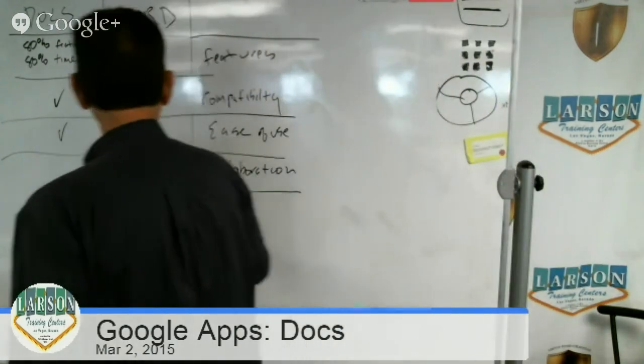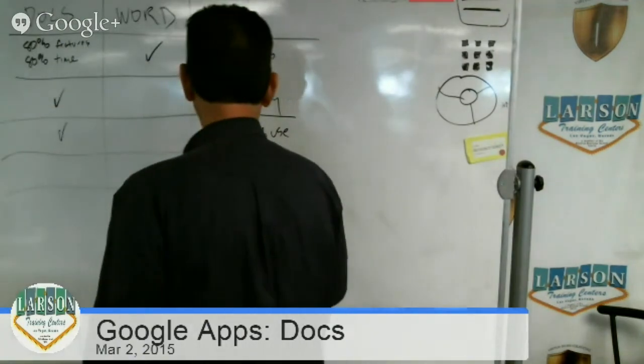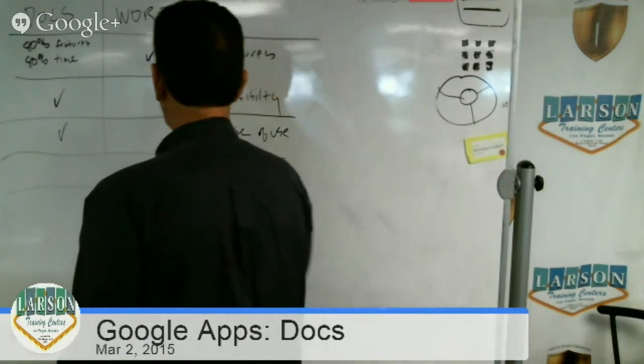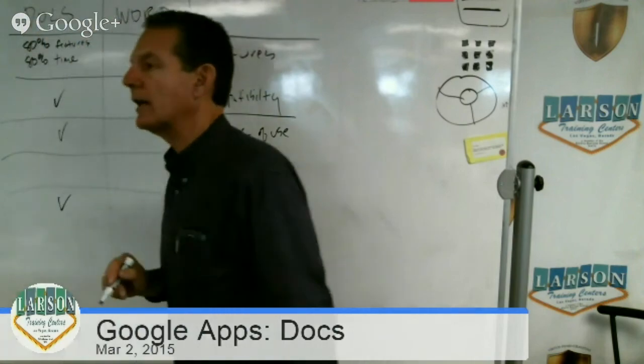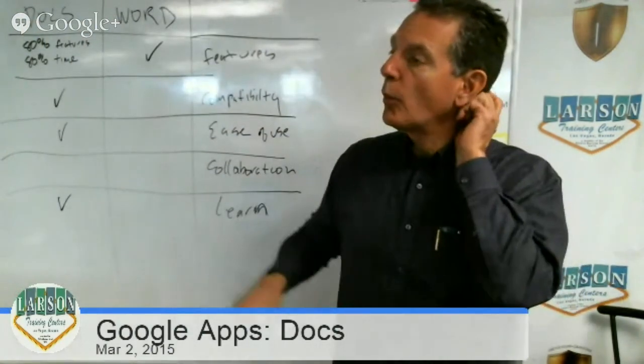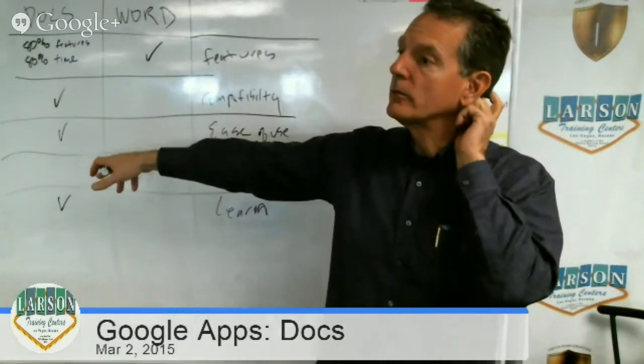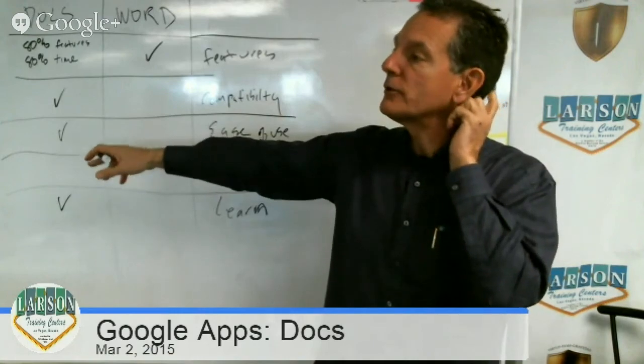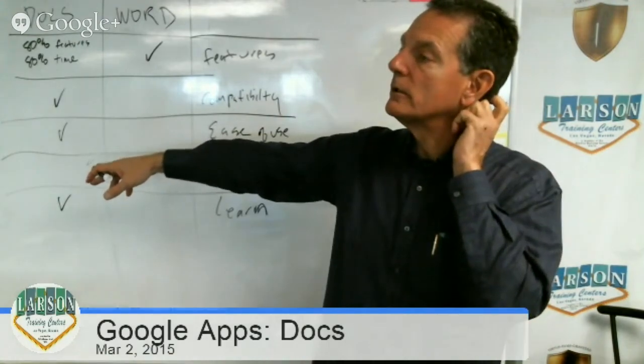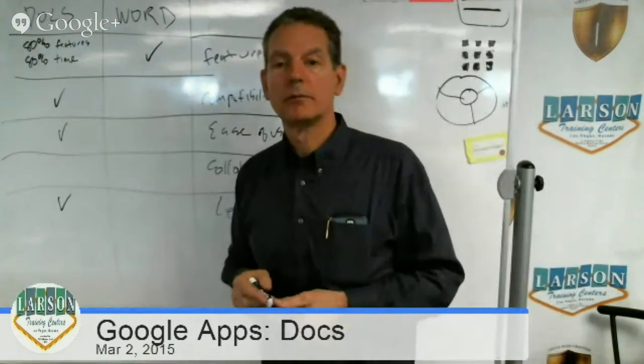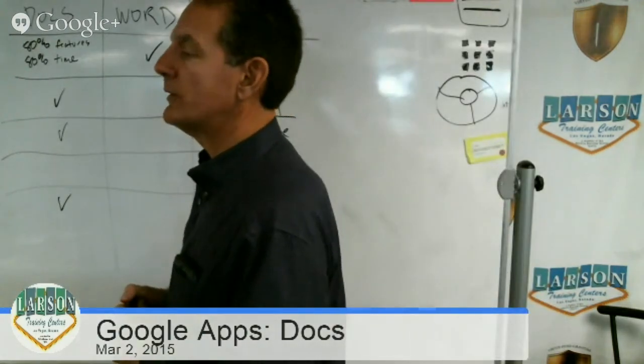We can add here learning. It's way easier to learn Docs than it is Word. Once you know how to do Docs and you want to learn other features in Word, it's easier because you have a basic understanding of how to do things.